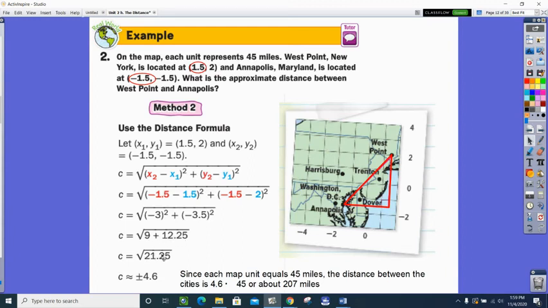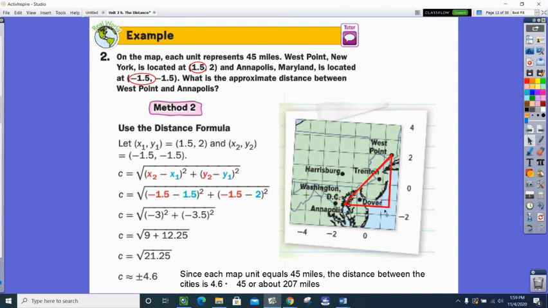You're going to add these and take the square root, and we are right back to where we were a second ago. And we're going to take that 4.6 and multiply it by the 45 miles, and the distance, once again, is 207 miles. You're basically doing the same math, but one of them requires you to kind of be